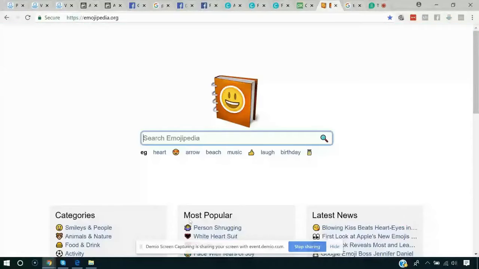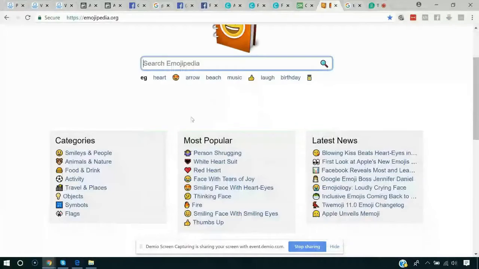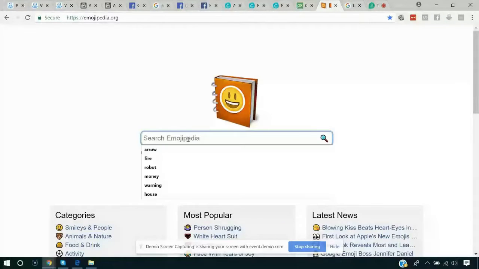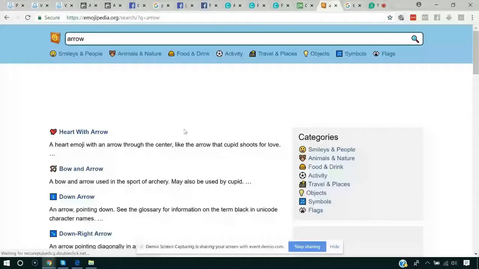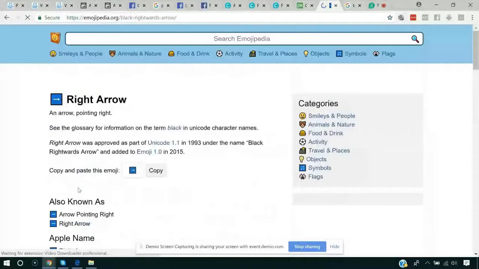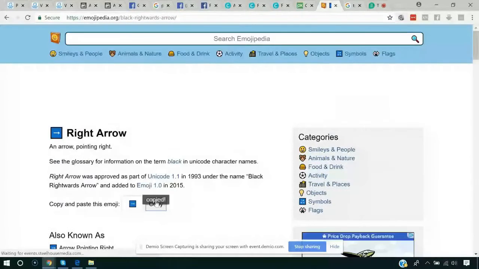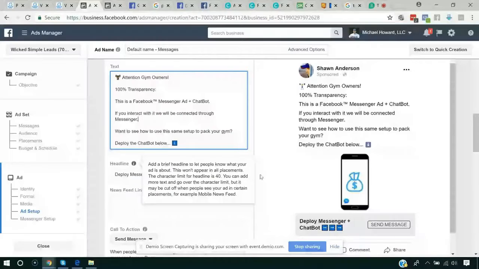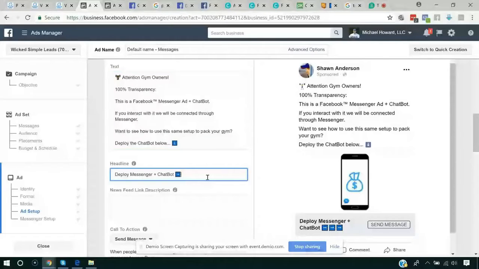Emojipedia.org. Okay, go to emojipedia.org. Here are all the categories you can go through, and the possibilities are endless. Or if you know what you want, I use so many arrows. So what you want to do here is click on the name, click on copy, and that's now on your clipboard. You go over here,